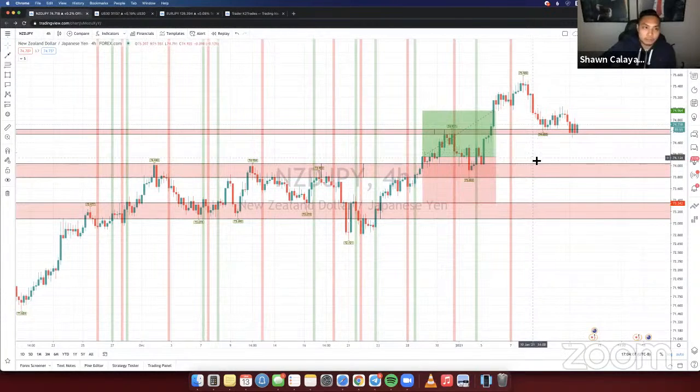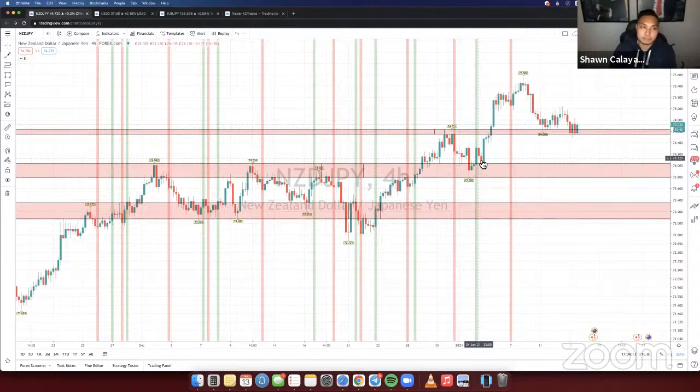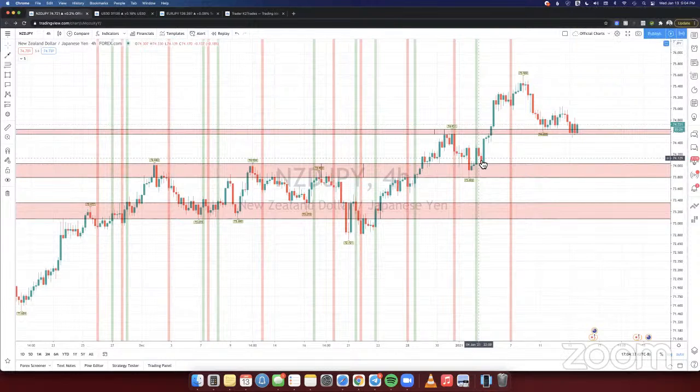If you're trading on the 4 hour, the only time I would focus on trading a specific pair during a specific time session would be if you're scalping or intraday trading, because that's where you want the most volatility to get in and out of the trade. It becomes dangerous if you take a trade towards the end of the session and then hang on to it through an entire day, where it can easily reverse on you at any point in time. Yeah, that's what I ran into when I was scalping US 30.